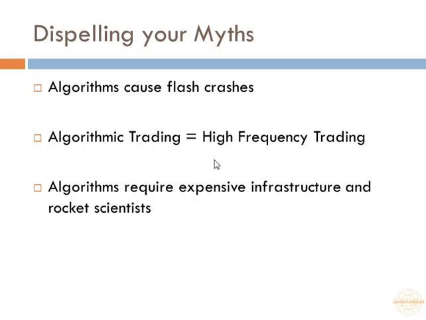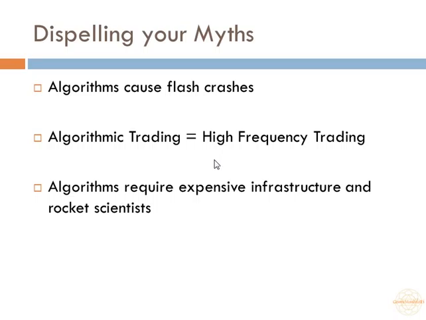As all human systems, algorithms can fail and can have some errors. Algos are based on rules. It's a rule-based system. If adequate rules are not put in place to constrain an algo, yes, the algorithm may cause flash crashes, but that does not mean that the algorithm itself is responsible. It's the person programming this algorithm not putting adequate controls in place to monitor and stop this algorithm that causes flash crashes. But flash crashes are also caused by manual trading.